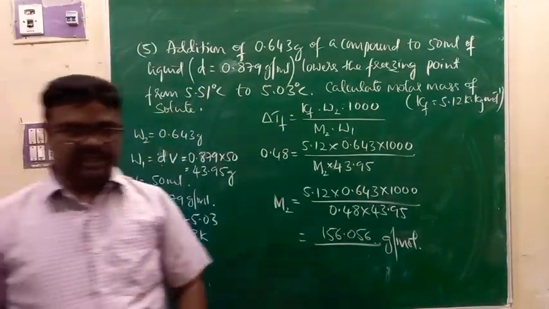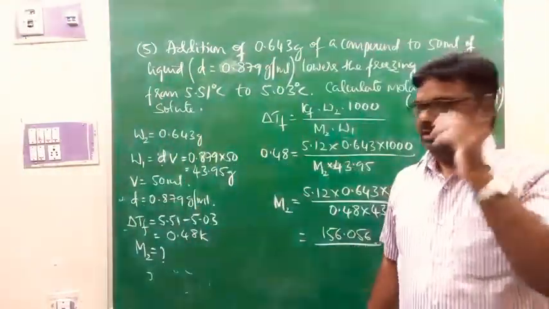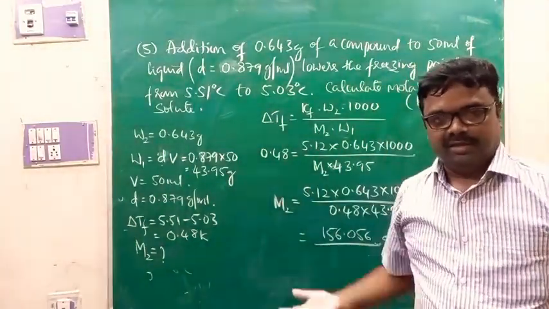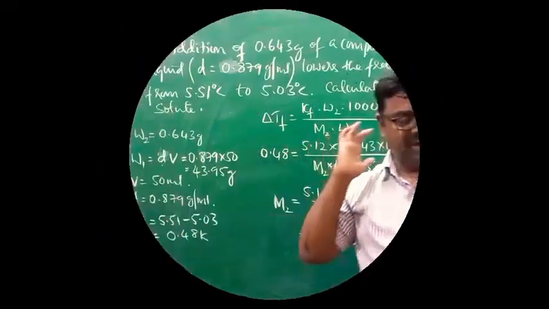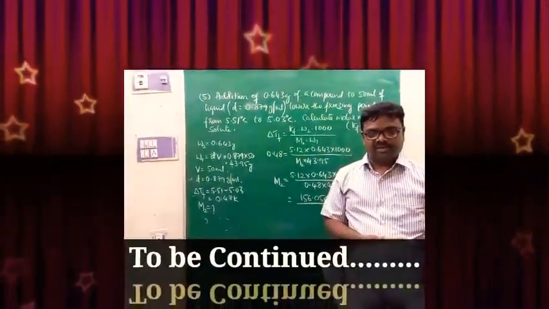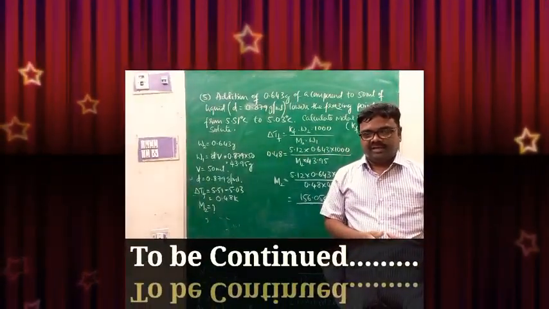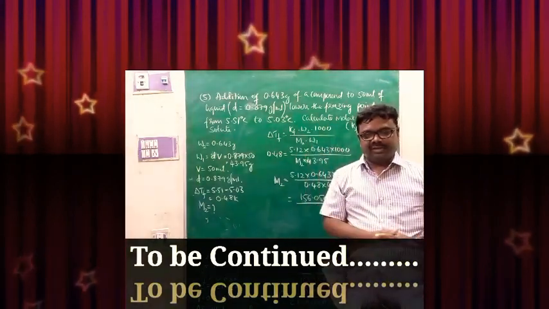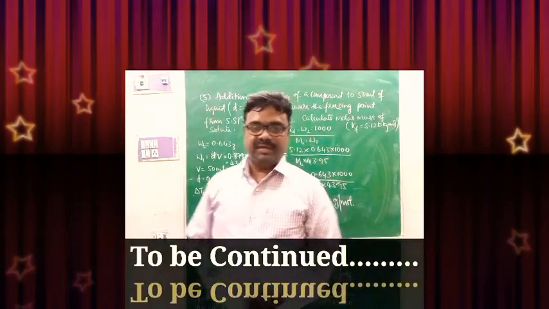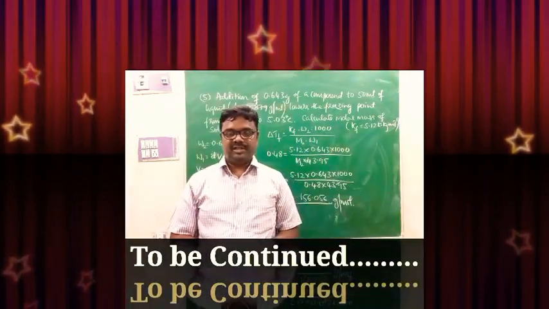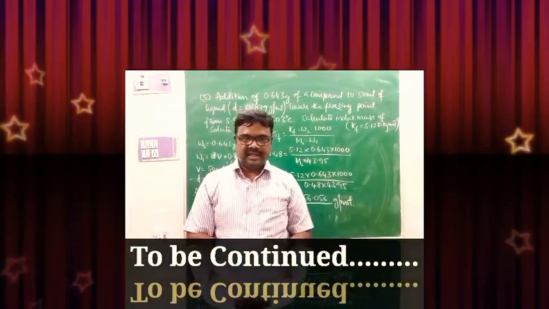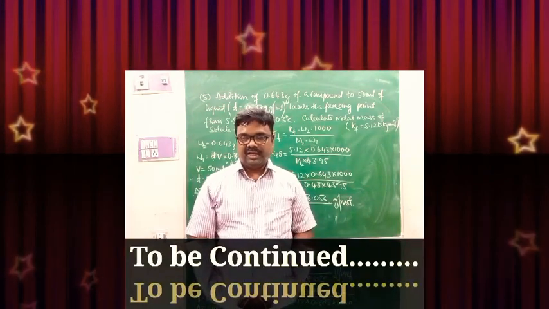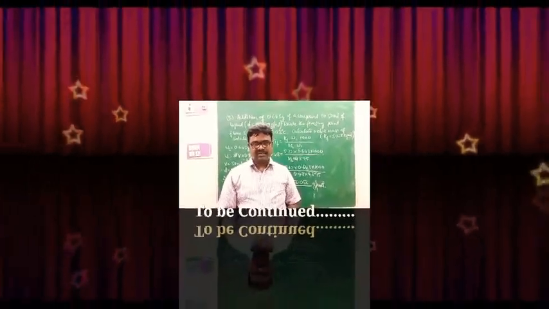So these are the problems under depression in freezing point and elevation in boiling point. Okay, now. You can expect only these two types. Regular mass of solute, abnormality in molecular mass of solute. You know, I said that these formulas can be used only for calculating molecular mass if there is no association or dissociation. Right? The next video we'll see the discussion on abnormality in molecular mass of solute, and of course the problems related to that. Okay? We'll see that. Fine.